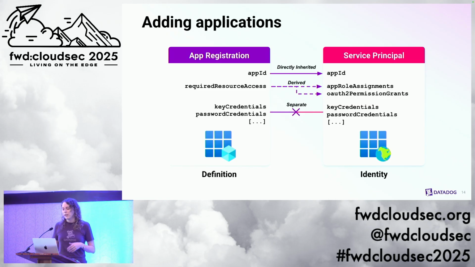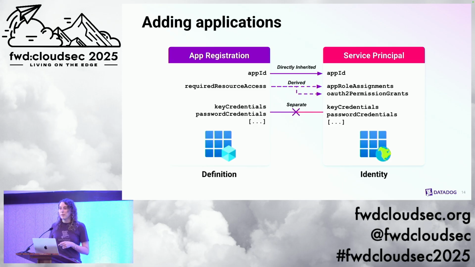An example would be the app role assignments, or the application permissions. These are used like a service account type permission. An app can use them without user interaction. And then the OAuth 2 permission grants, or the delegated permissions that are granted to the app, allow that app to take actions on behalf of a user. So that process of an admin or a user consenting to different permissions will then add those into the identity, but they're not the same exact thing, right?